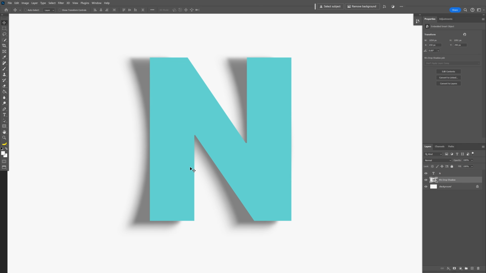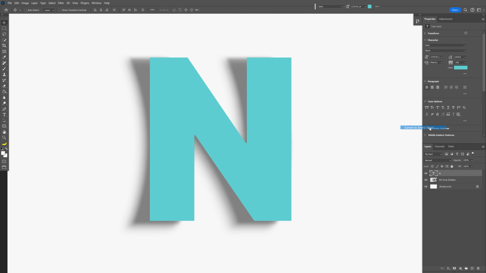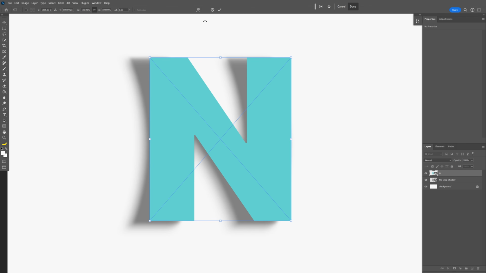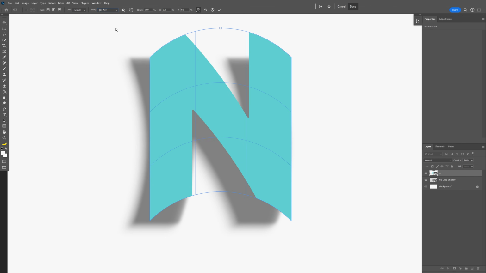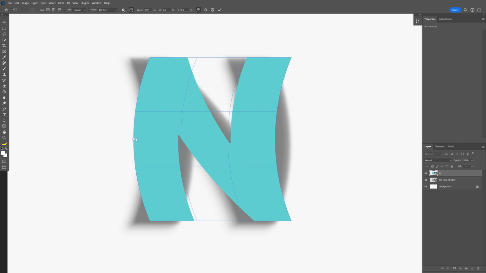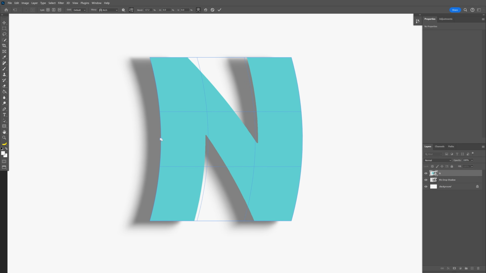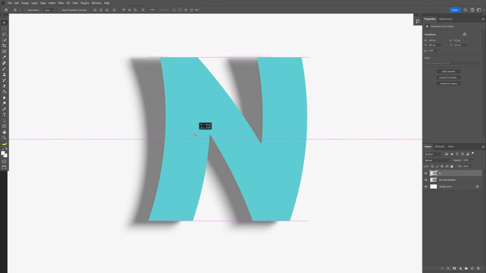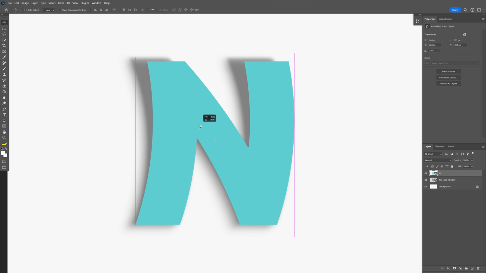I also want to bend the text on the top. So I'm going to select the type, right click, convert to smart object, press Ctrl T, click on the warp. Now let's go to warp settings and select the arc, switch it. I'm gonna distort it just a little bit, and I'm gonna uncheck the warp, press and hold Ctrl, and I'm also gonna push it to the right, also press Shift, and I'm gonna reposition it, and it's gonna look something like